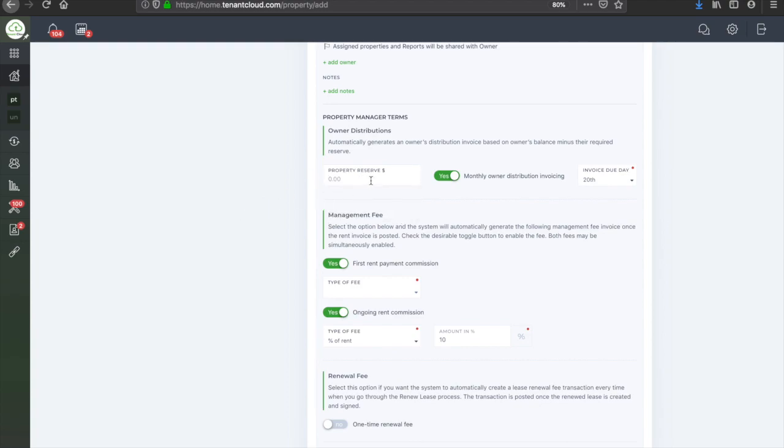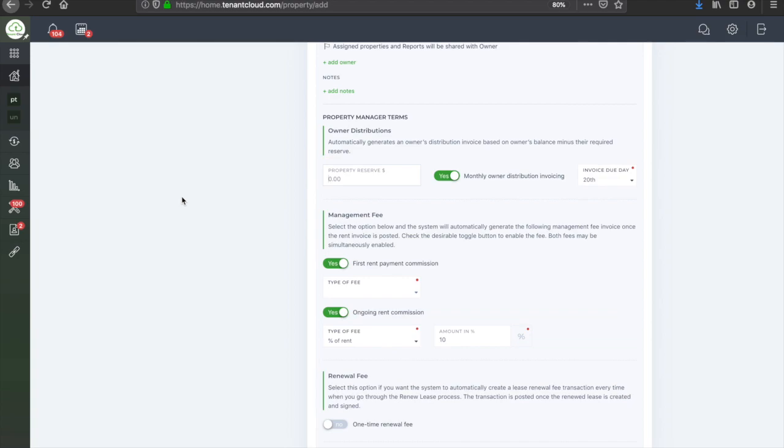It's important to note that a property reserve is generally a requirement, and it's typically a requirement by law. And so you'll want to look up and make sure that you're following the law or the guidelines in your region for a property reserve. Basically, the property reserve is for rental properties. Typically, the owner is required to put a certain amount of dollars per door on the property into basically an escrow account, which is to be reserved for